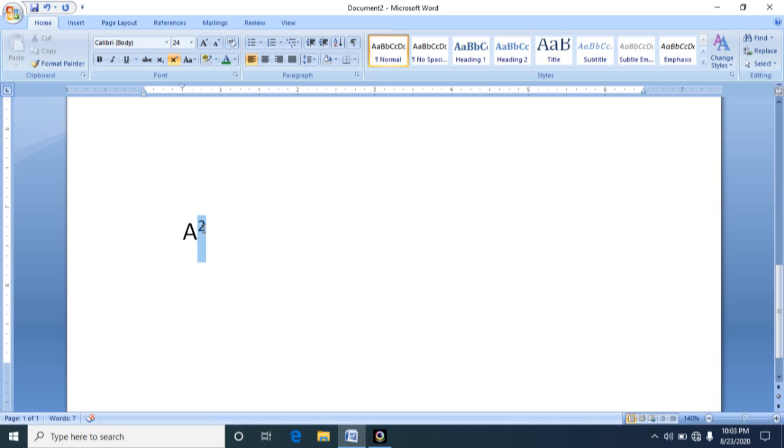But if you want this as A2, with the 2 in subscript, in that situation select the text again and click on the subscript icon. Now observe the change. It is changed to A2. Now we will try some other example. For example, H2O.